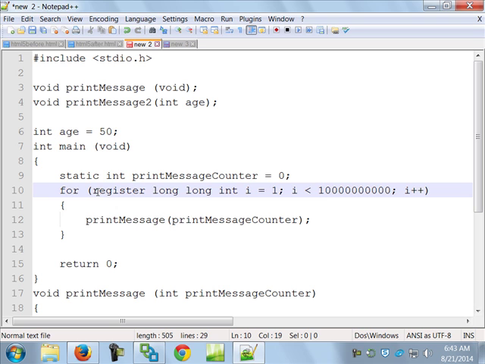The problem with register variables is the system can turn around, and even though you request a register variable, it can deny the request because it uses a lot of the register variables for its own internal stuff, and there's only a limited number. It's like 2 or 4 or 5 or something like that that the system even has available anyway. If you ask for this and there is no register available, it's as though you did this, the default. All right, so it doesn't hurt to do it, but I'm just saying you may not get what you think you're going to get.